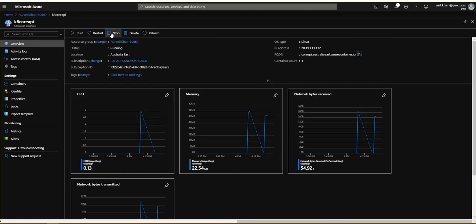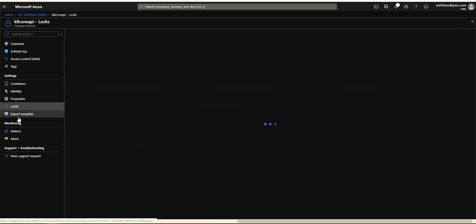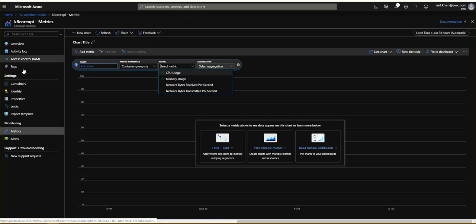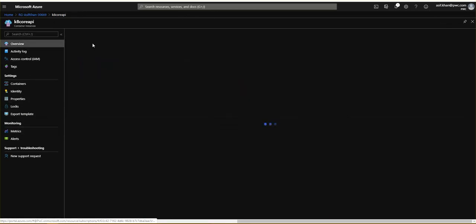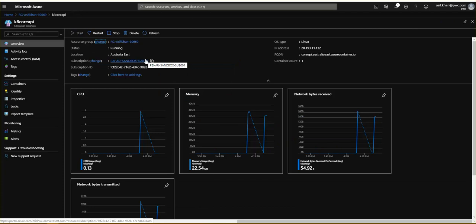You can stop the container at any point of time. You can restart just like the web app. It can do all that stuff. Apart from that, you have metrics options, and all these things are very common, as you can see in any other Azure services. So in a nutshell, what I wanted to explain with this particular session was around that ACI